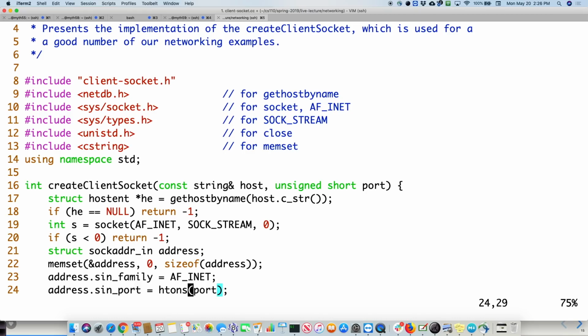It's going to convert the port to the correct order. It's going to flip those two bytes. If you were building this on a big-endian machine, that would be a no-op. It would actually do nothing because it's already in that order. That's the way it goes. So we have to do that.